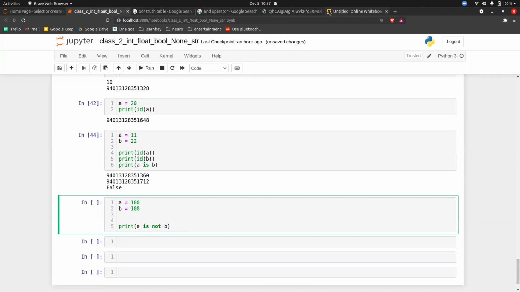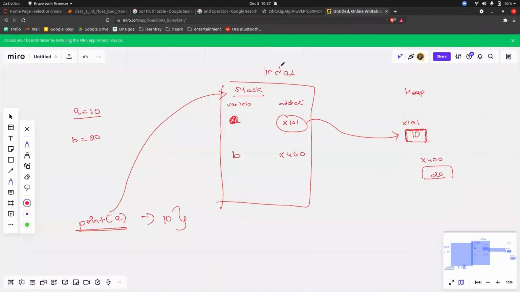Okay, let's try to understand this with a diagram first. The thing here is that you have x equal to 100. When you do x equal to 100, x will be registered in the stack area and 100 will be here with a unique memory address, let's say x742. So x is pointing to 742.